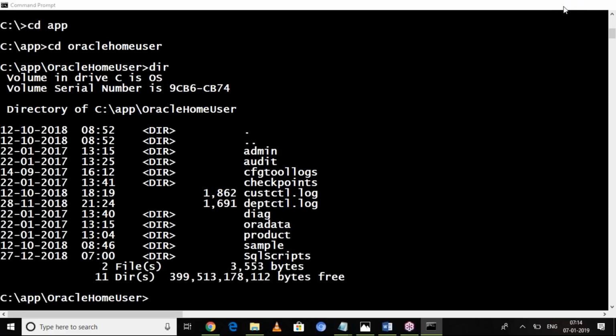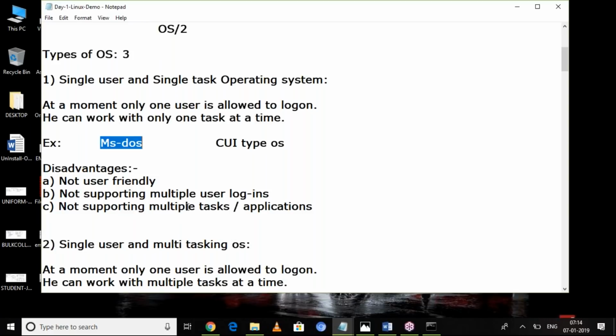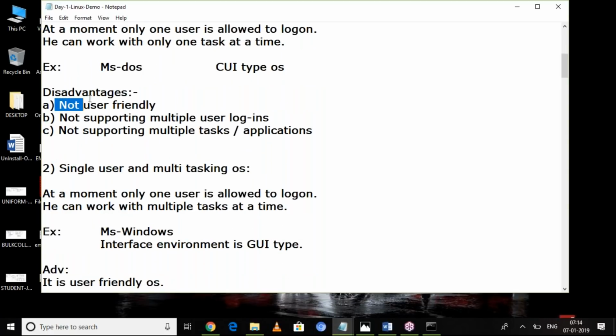But here, what are the drawbacks of DOS? The drawback is that it is not user friendly. Why? Because for each and every task, we should remember commands. If by mistake I forget any command, you are unable to continue your work. Next, it does not support multiple users.